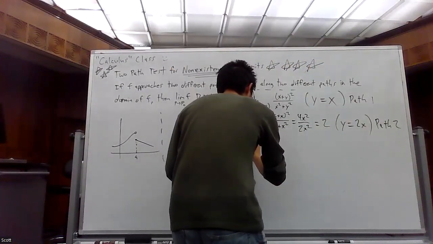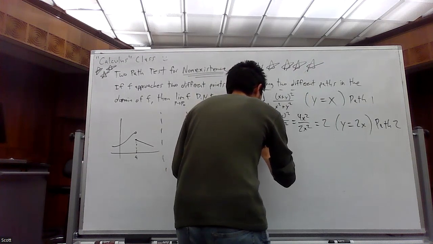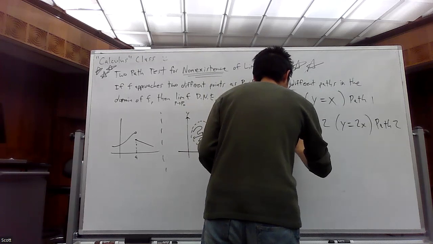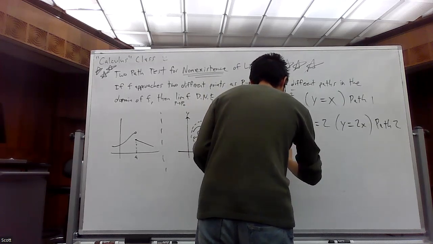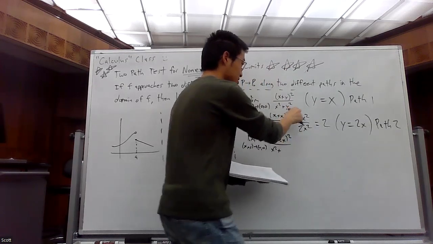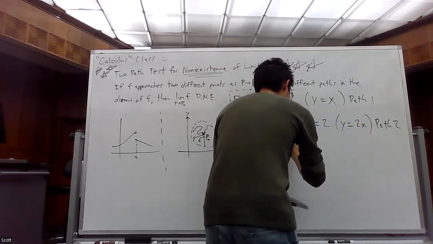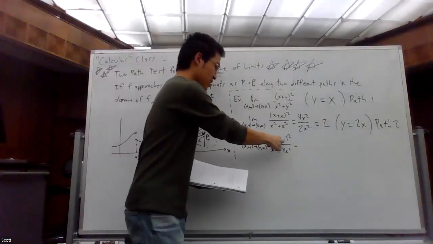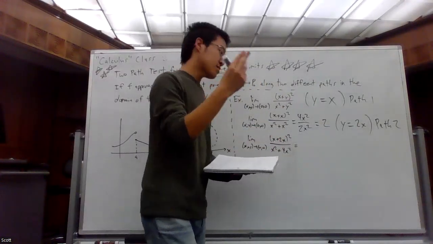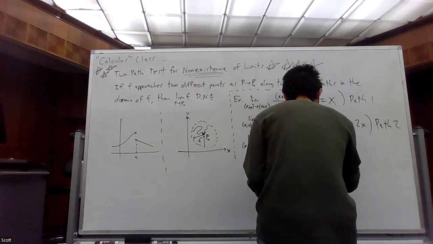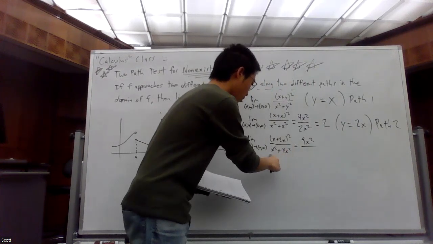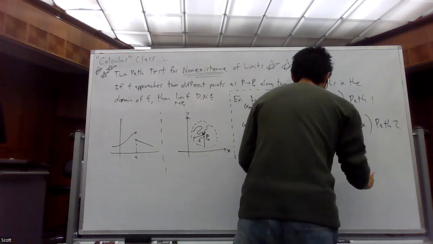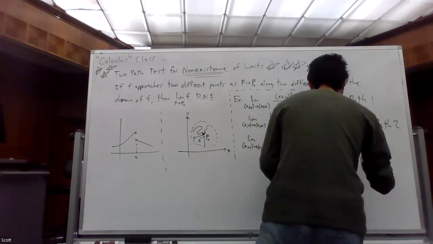So the limit as (x, y) goes to (0, 0). We have x plus 2x, squared, over x squared plus y squared. So take y and square it, it's going to be 4x squared. So x plus 2x in the numerator is 3x, not 3x squared, and squared that is 9x squared. Over, we have one x squared plus 4 of them, so it's going to be 5x squared. Cancel, and we get 9/5.